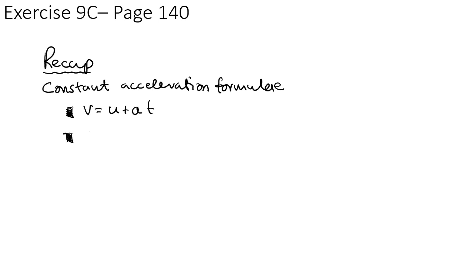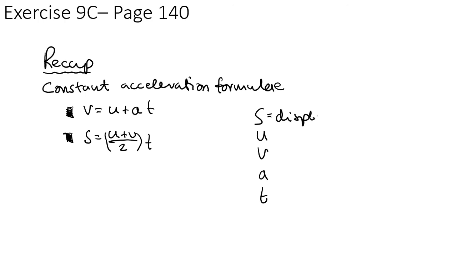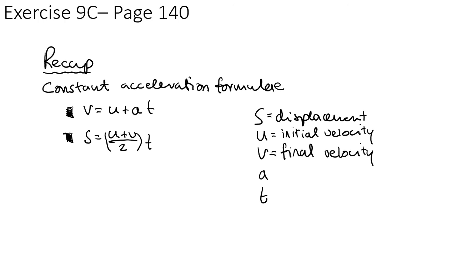The other was S equals U plus V over 2 times by T. And we have this thing SUVAT. So remember, S is displacement. U is initial velocity, the velocity at the start. V is the final velocity. A is the acceleration,